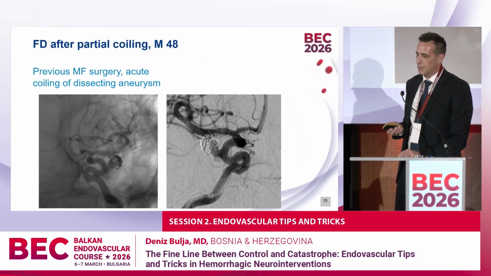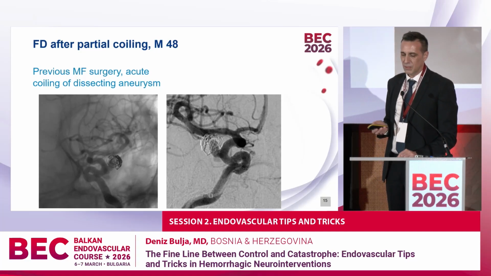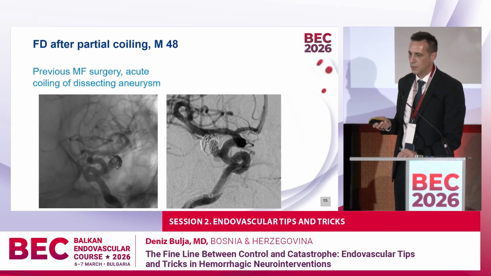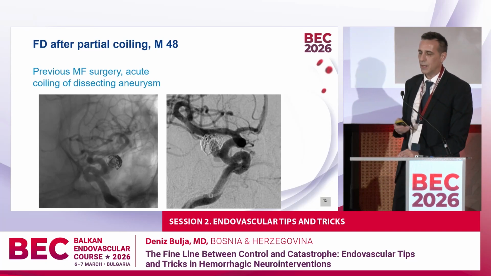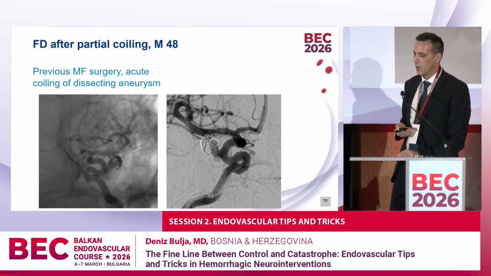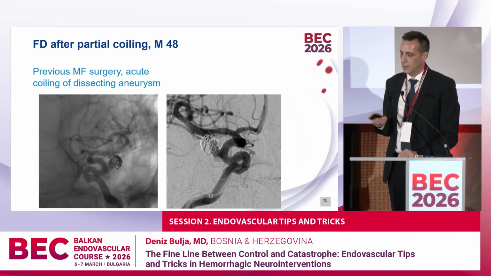This is the second case. It was actually a dissecting aneurysm. The patient underwent some maxillofacial surgery, so they managed to penetrate the bone and to hurt the vessel. We did emergency coiling a few days after the surgery, and then in the 6-month follow-up, we had this acute regrowth of the aneurysm, and we put here, I don't know whether you can see it or not,